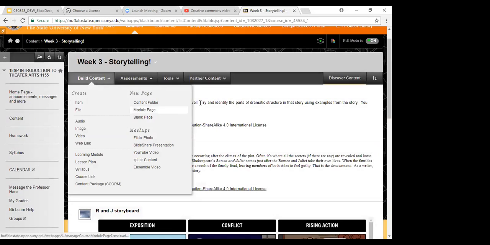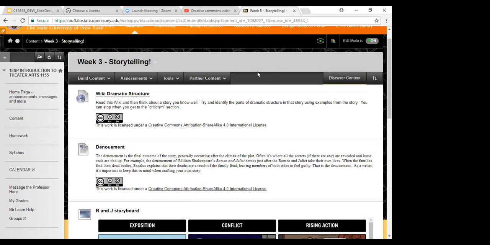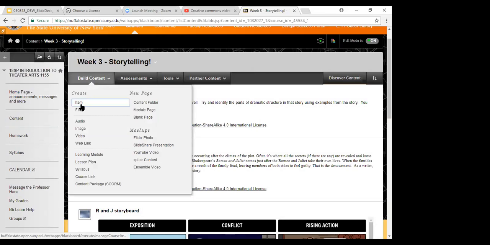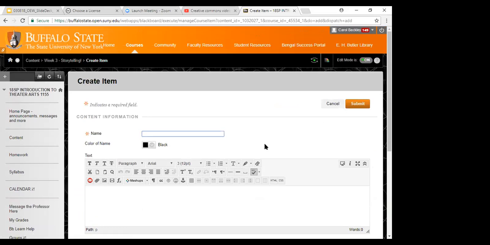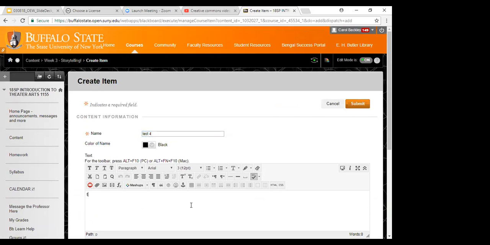So here, now we're in Blackboard. Just for example, I'll do this pretty quickly for you, but let's say we have test 4. Type it here. And then I can just go to the HTML box here, paste that in, click update, and then it shows up right in there.